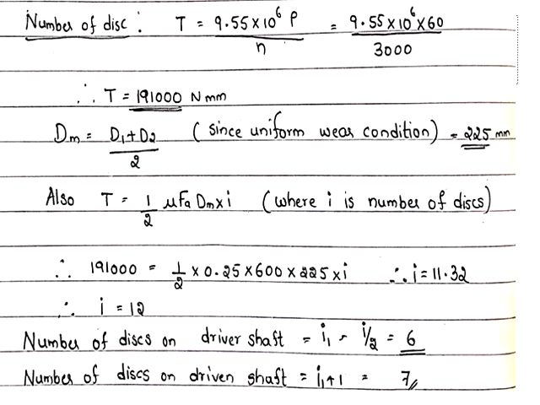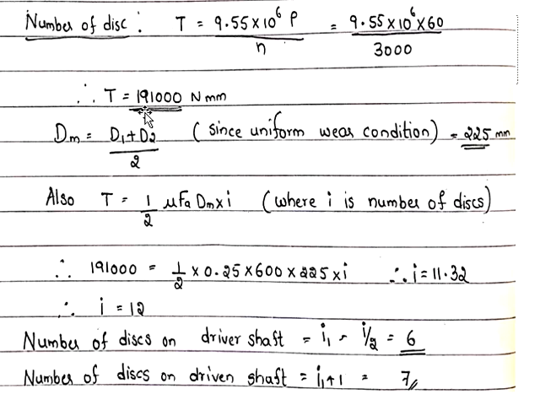After calculating R1 and R2, in single plate clutch the first step was power and n value will be given, and you have to find out torque. Even here I am following the same procedure. Power is given as 60 kW, n is 3000 rpm. Substitute P and n, and you will get the torque value in Newton mm. They told you to assume uniform wear condition. Therefore, according to uniform wear condition, the mean diameter is given by the equation (d1 plus d2) divided by 2. Substitute d1 and d2, and you will get the mean diameter as 225 mm.